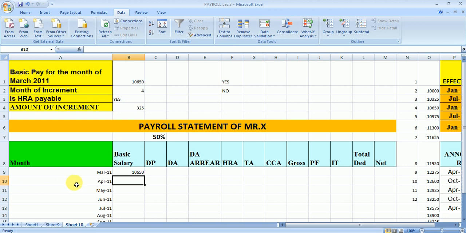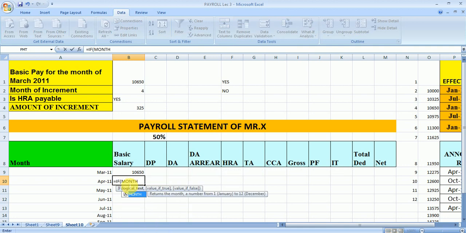Now let's suppose this month is the month of increment. Then he will be getting the salary of the last month plus the amount of increment. So for that we have to use the function. We will be using the IF, and we need to define the month, because then only Excel will compare.